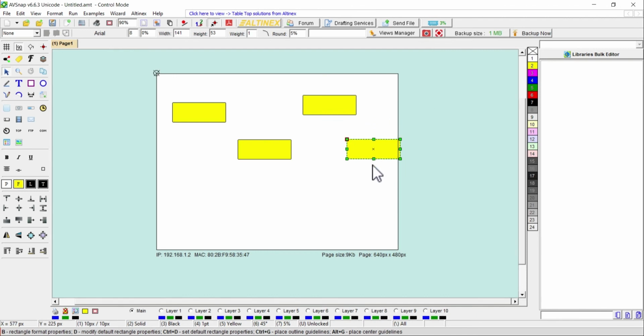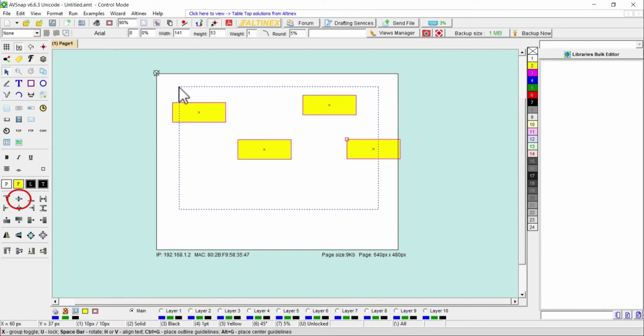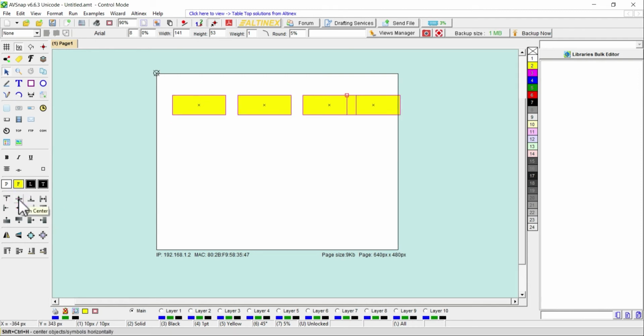Select all rectangles on the page. Press the toolbar Align Center button to align them vertically on the center line and follow with the Distribute Horizontally button. If you want to align other objects to a specific object, then make sure that the reference object is